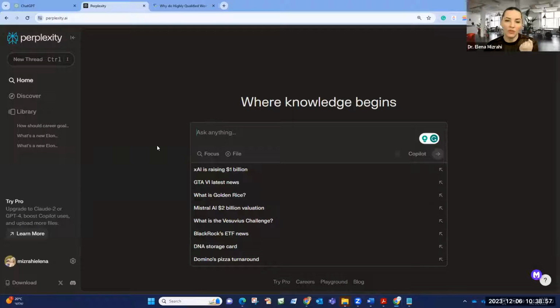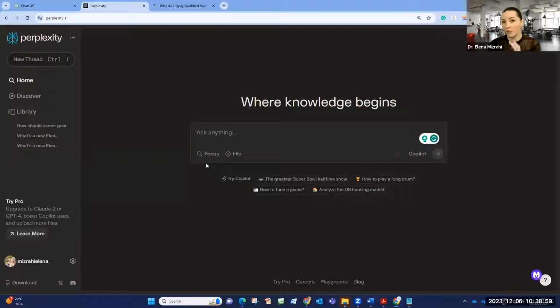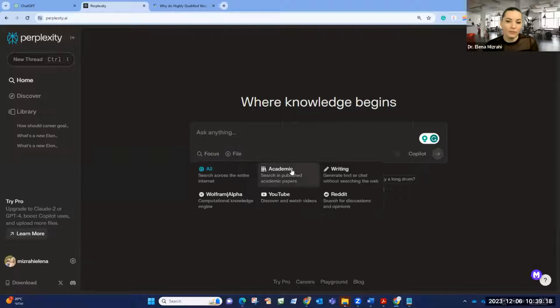Now, beyond Google, if you think about academic search, first of all, you have Google Scholar. Same concept, right? You go to Google Scholar, write your research question and get a long list of articles that you're supposed to somehow identify and decide what is worth reading and what is not. In Perplexity, it does that for you.